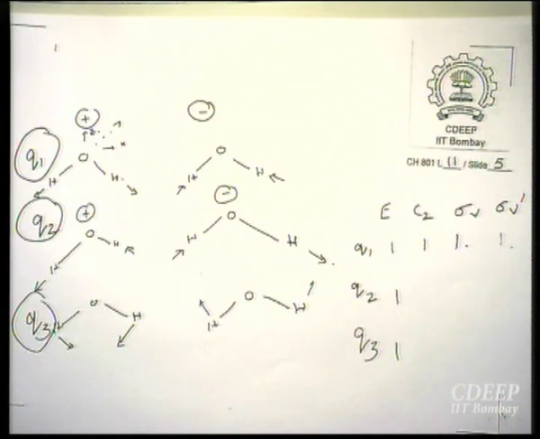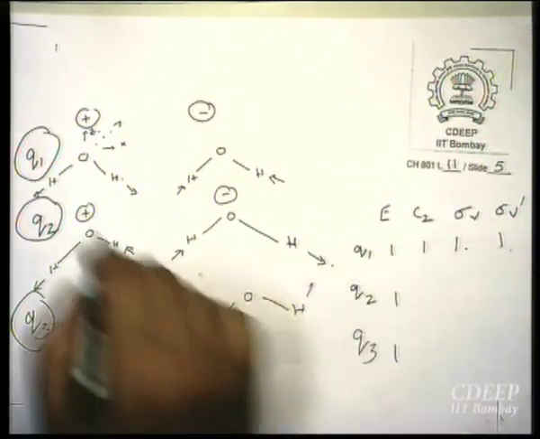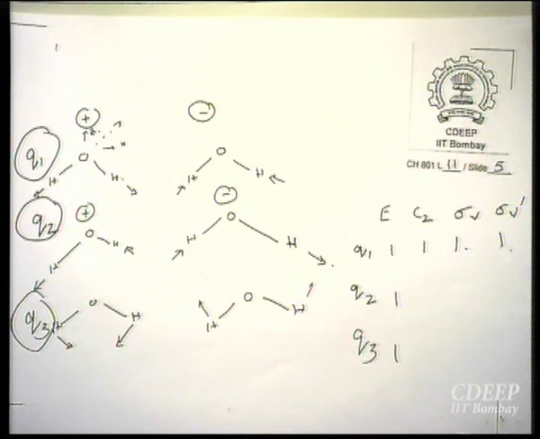This is the arrow and this is my plane. When I reflect, this is the arrow. Same direction. It doesn't become the opposite direction. All right? So, will you allow me to write 1? So, see, we call it symmetric stretch, isn't it? Perhaps you know this already. Symmetric stretch is symmetric with respect to everything, with respect to all the symmetry operations that are there in the C2V point group. Symmetric stretch means symmetric with respect to everything.